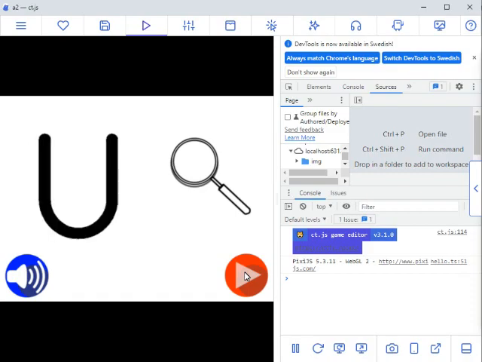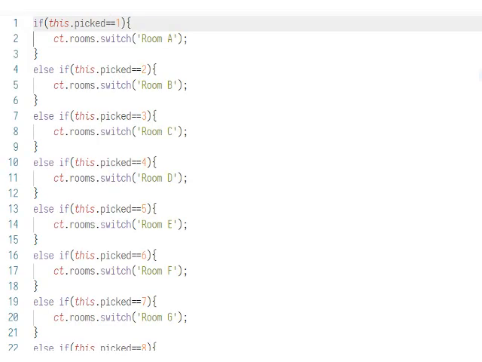For that I would have an array with 29 positions. In that array we would have whole numbers representing the positions of a letter in the alphabet. So number 1 represents the letter A, number 2 represents the letter B, and so on. This corresponds with the value of the variable picked when used to decide what room to switch to. That is good, since that means we can reuse the if-else-if statements.